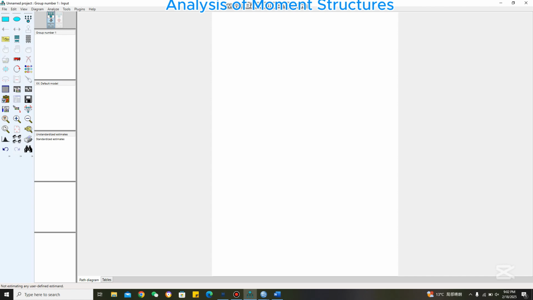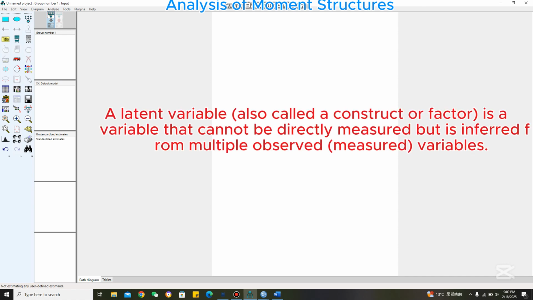AMOS is applicable to we social science students. We can use AMOS. Those from the business and marketing side can also use AMOS, in the same way as those coming from the healthcare and medicine fields. They can also use AMOS to run the analysis. Now, key terminologies in AMOS include